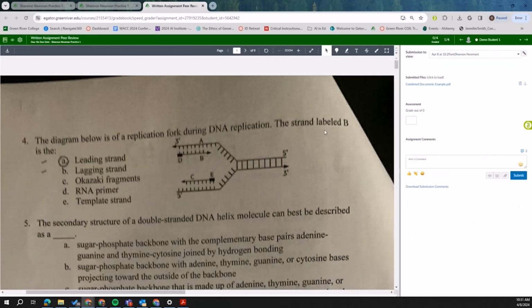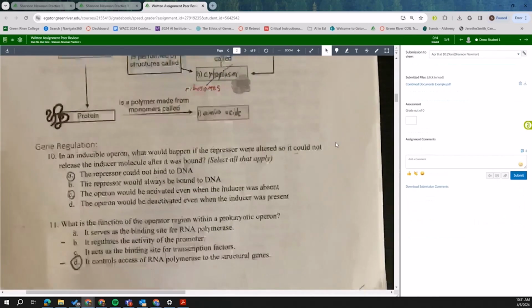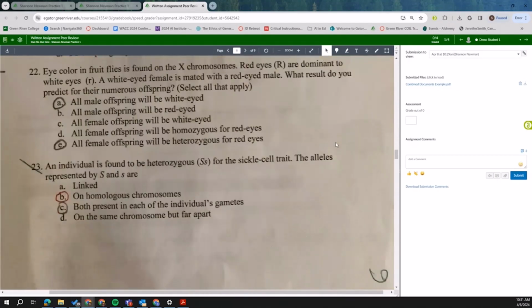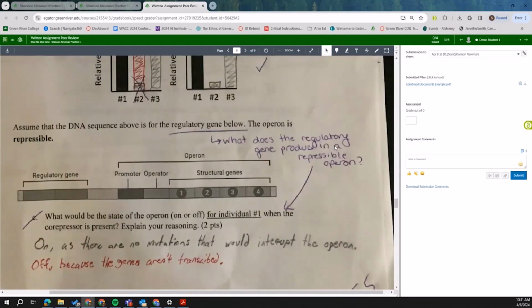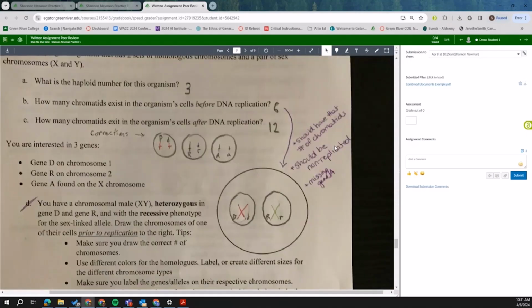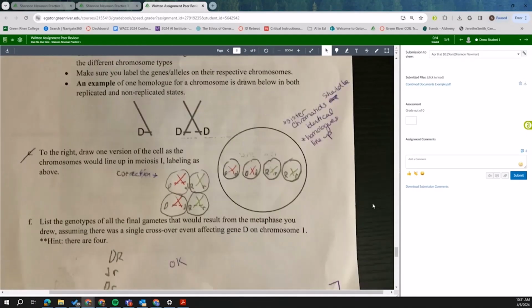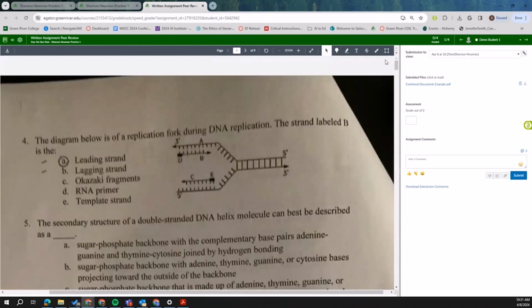Here we can see that we have all of our pages and they're all there. They'll be in the order that you put them in, and so you can leave the comments directly on here, and it's just all in one document. So I found this to be very helpful when students submit 20 photos of their assignments, and hopefully you do too.